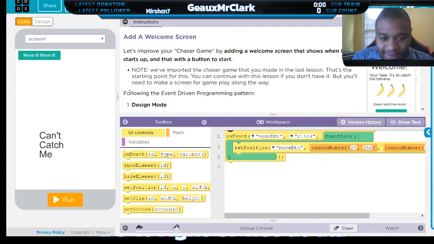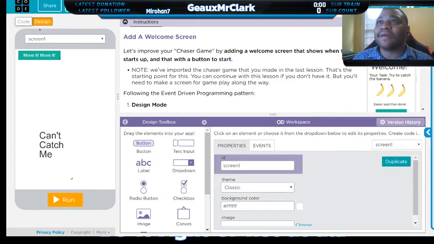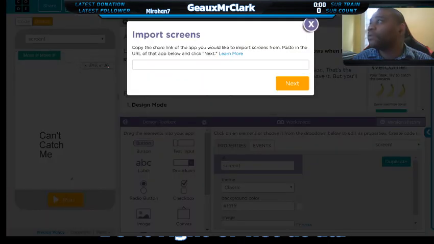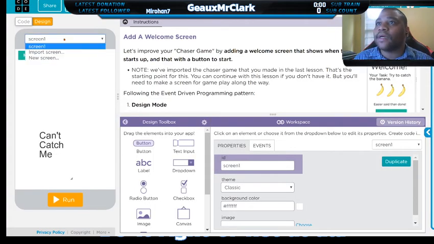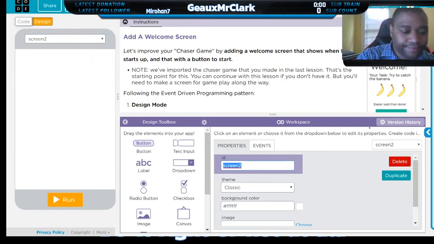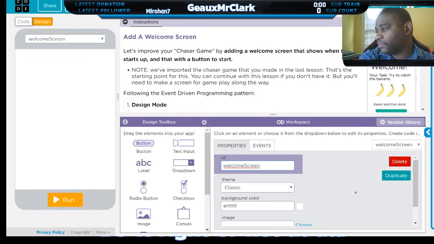Alright, so we would essentially grab, I guess I could finish this off real quick. I'll go a little faster. So we're gonna go to design mode. We're gonna create the welcoming screen. Alright, so it won't let me import it. I'll make a new one. Screen 2, we can call this welcome screen. With welcome screen, we want to add,